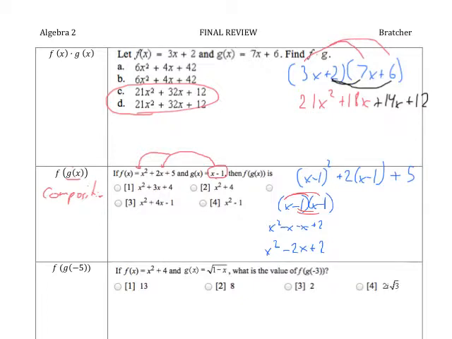Furthermore, if I do a little distribution over here, that's 2x. So plus 2x minus 2, and bring down the plus 5. So looking at that, we should be able to get our final answer now. We have an x squared, but all these have that. We have a minus 2x and a plus 2x. Those are actually going to cancel each other out, just because minus 2 plus 2 is 0. And then we have this plus 2 minus 2. Those cancel each other out. And finally we have a plus 5 at the end, which